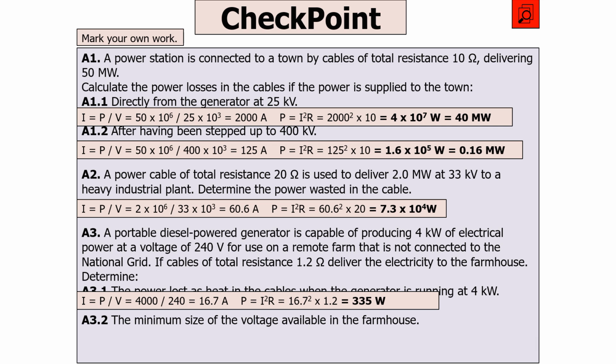We then say P equals I squared R, pop in all the values, and we get 335 watts. So what's the minimum voltage available? Well,